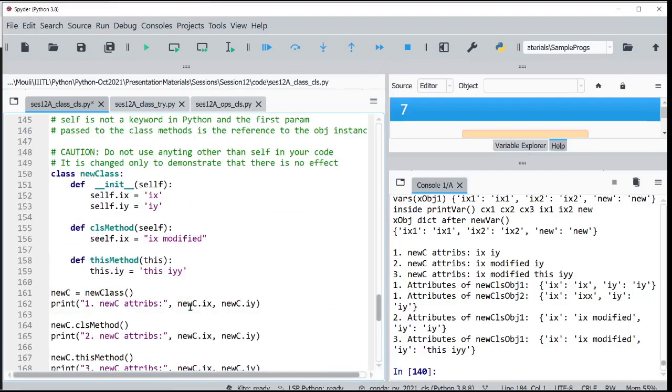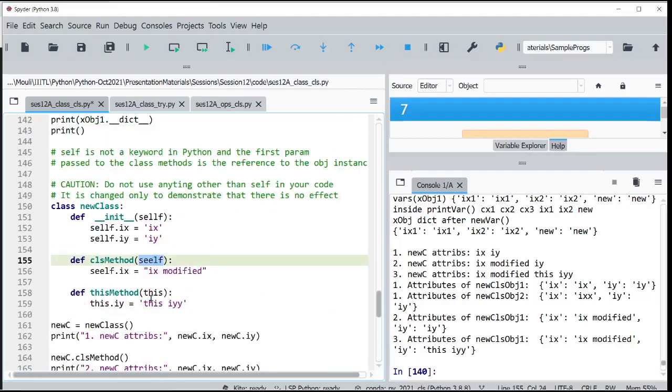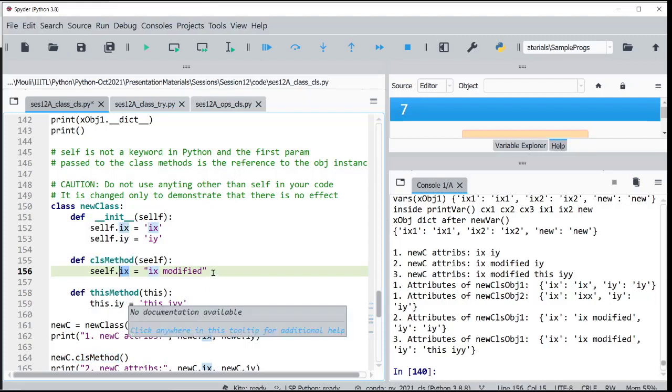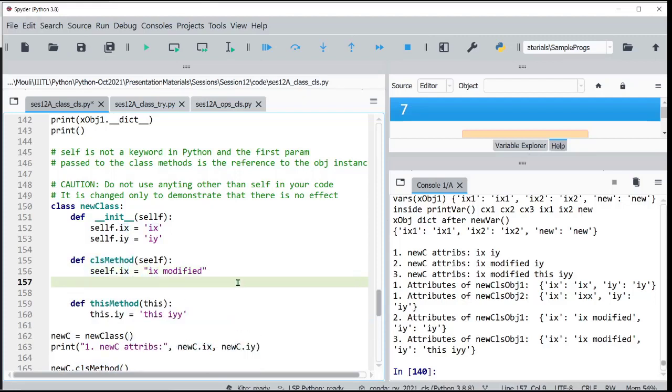So effectively what does it mean? This first method parameter which is passed to the class is the reference to the object, and with respect to that, if I am referring to any new attribute, then it will be created. So maybe I can create a new attribute here, clf dot new attribute, object attribute, let me write it, equal to new attribute.